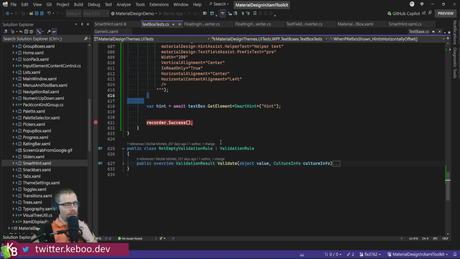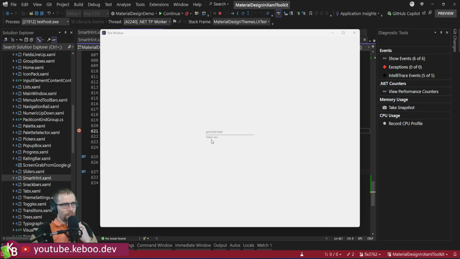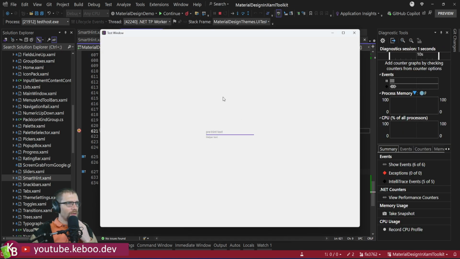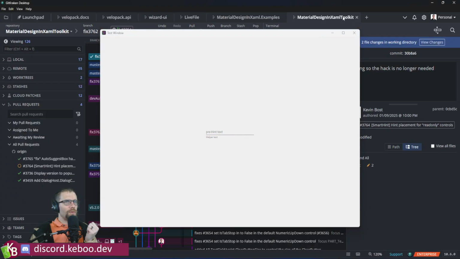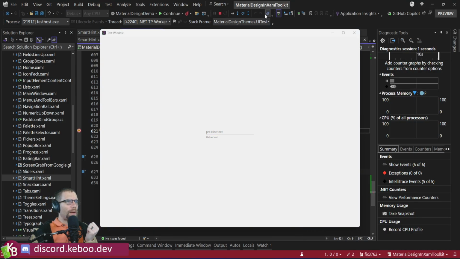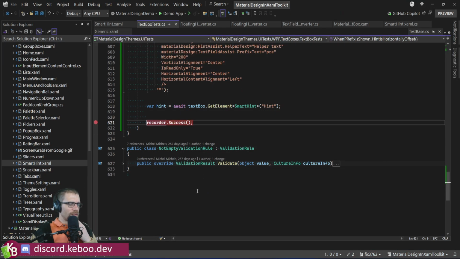I actually got a request a couple weeks ago on the XAML test library. Somebody was asking if I would be interested in supporting .NET Framework. I'm not opposed to it if somebody wanted to submit a PR adding support for it, but the underlying communication between